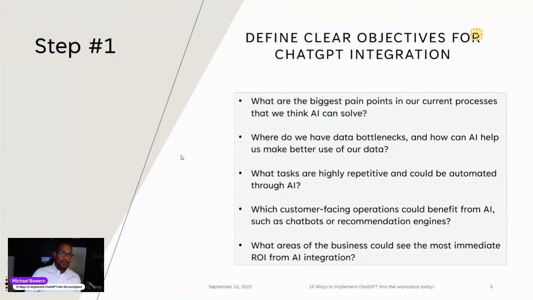Another one is what areas of the business can see the most immediate ROI from integration. Things like messaging and content, revisiting your business's content. We're going to get into these things in more detail later. But when you're sitting down and saying, okay, how can we make this work? What are we going to do with ChatGPT? It starts with management looking at these different areas, not the specifics, but the areas of congestion. Where can we get more out of our data? Where can we be more efficient? Those would be the first steps, before you go right into it: looking into what we can do to be more efficient and be better.